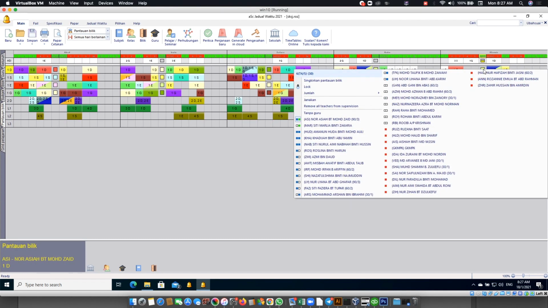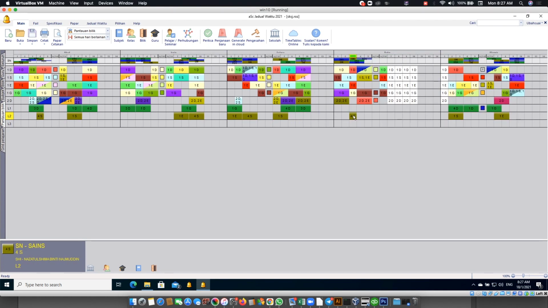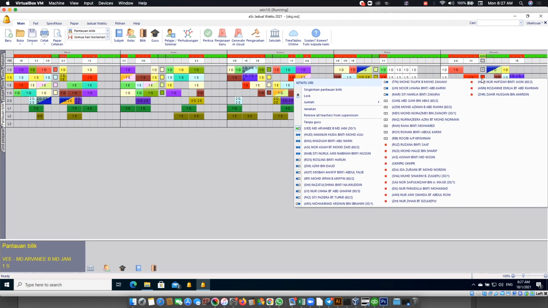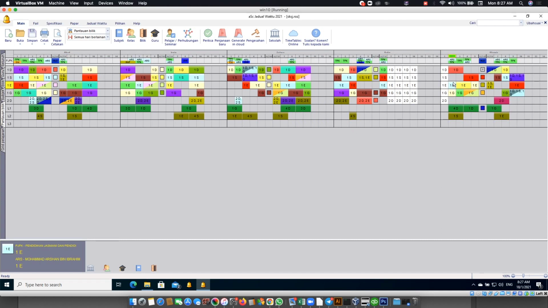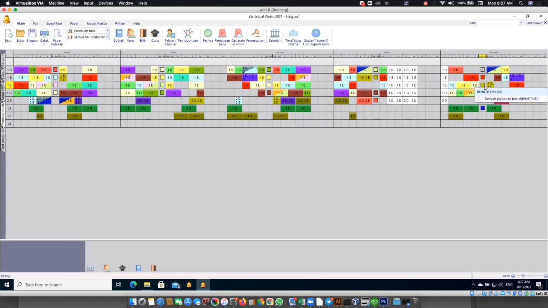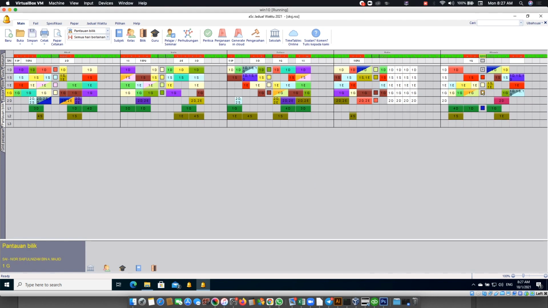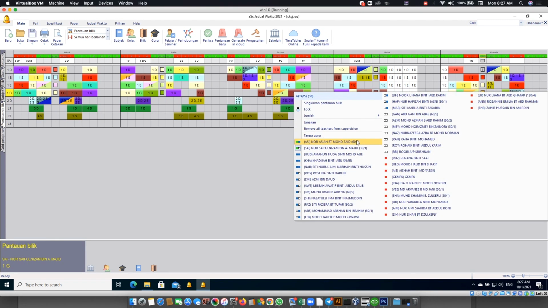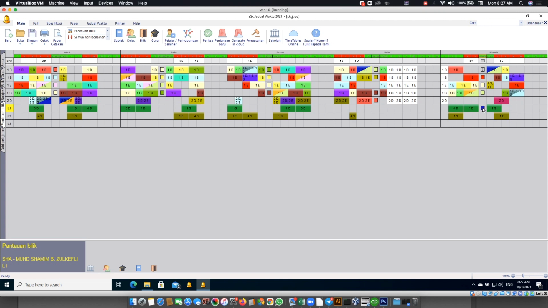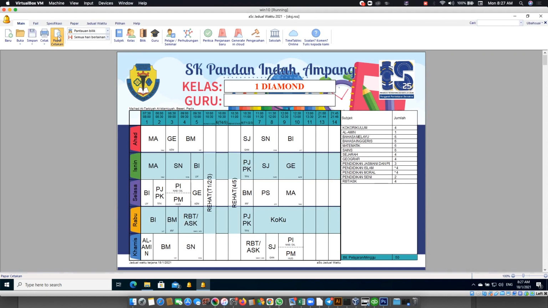Ini hanya sampel saja, like this one is tidak perlu ada pantauan untuk kelas ini sebab tidak ada subjek. Then this one is this. Alright, so bila cikgu buat papan cetakan,